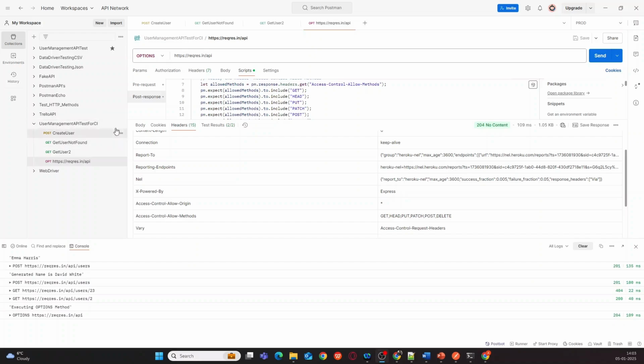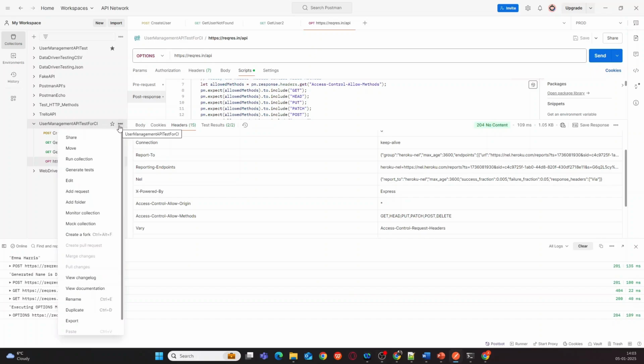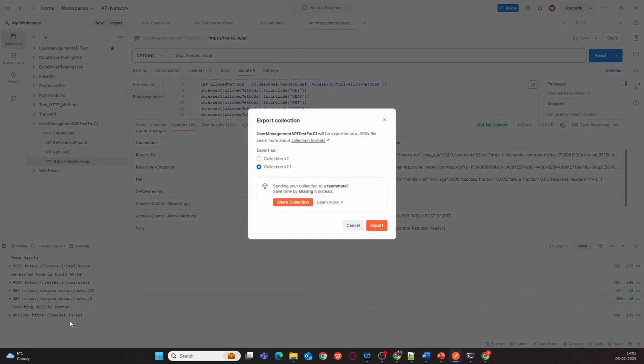Now let us export this collection. So you can go to the collection and then the 3 dots, under which there is something called Export. This basically will export the whole collection, like all the tests under this collection along with the collection variables. Okay, so let's start the export. Use the version as v2.1,